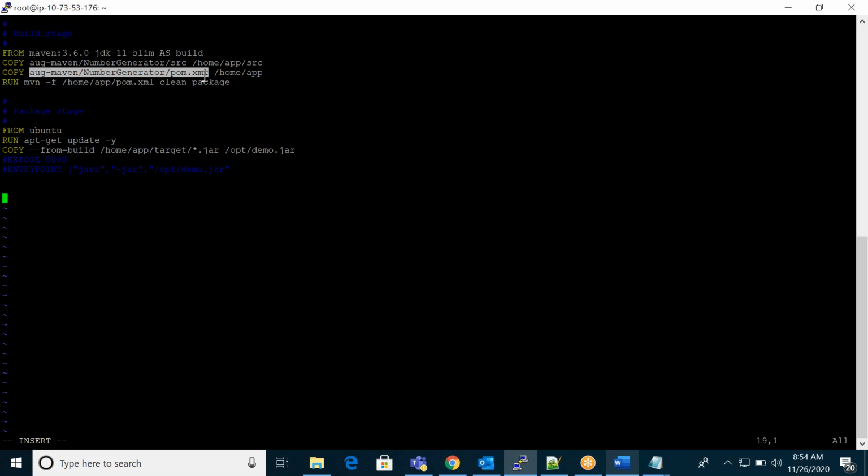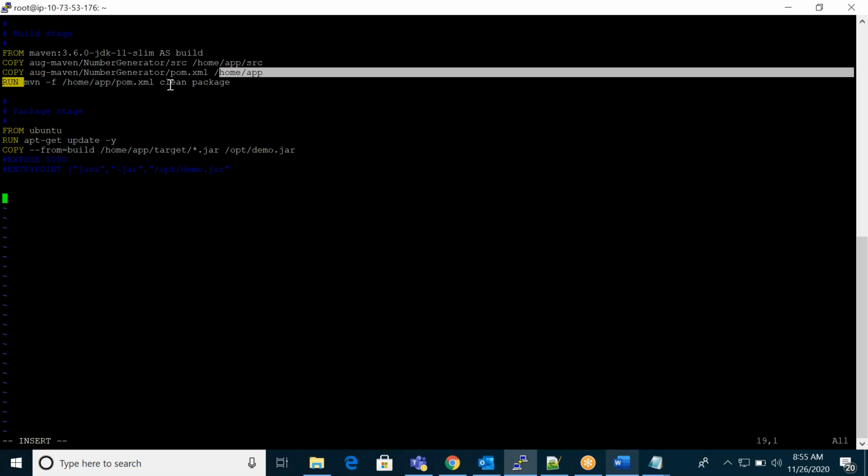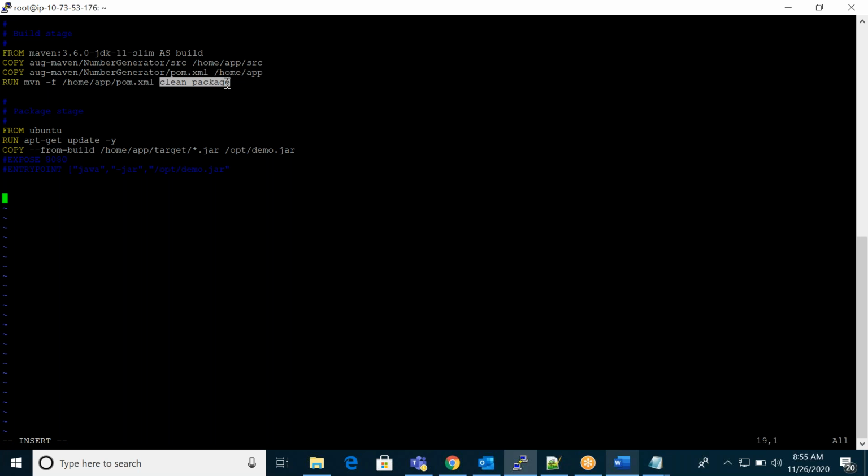So same thing. This is the Maven config file, which I will discuss in Jenkins. It's an XML file. In this XML file, we can mention your test cases, whether you're building a jar file or war file, what your jar file name is, and other stuff. That's what I'm copying. In this location, this is the Maven command: Maven clean package. Maven clean package means it will convert the source code into a jar file or war file.